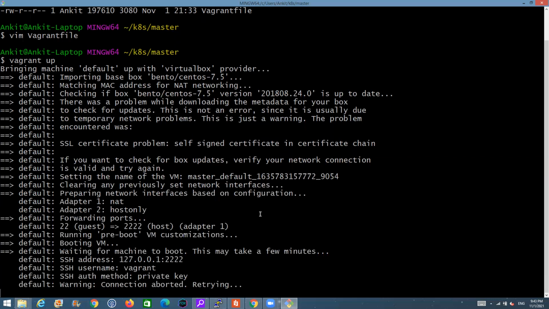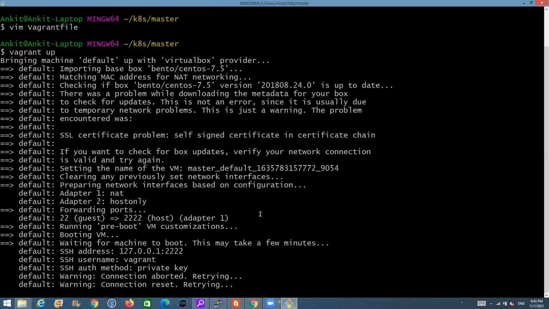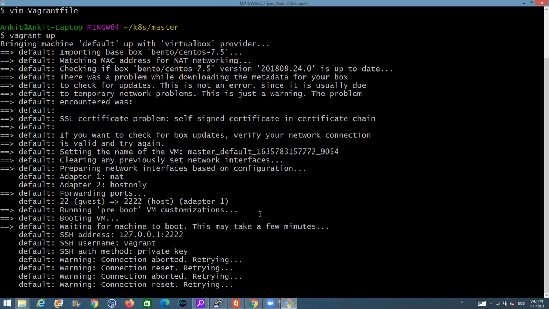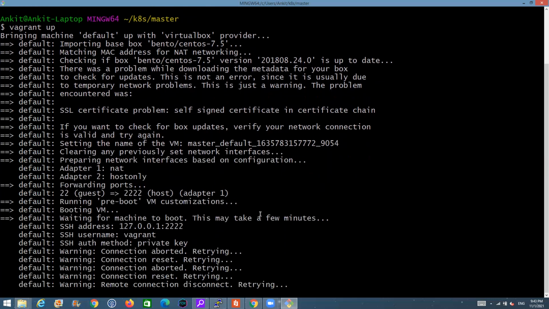Also, it uses the loopback address for all the virtual machines. While creating, it will show you 127.0.0.1 followed by the port number, but the port number will differ. This is how it actually allows you to connect to multiple virtual machines, basically on the basis of the port number difference that it creates for each virtual machine. I will be showing you that shortly.